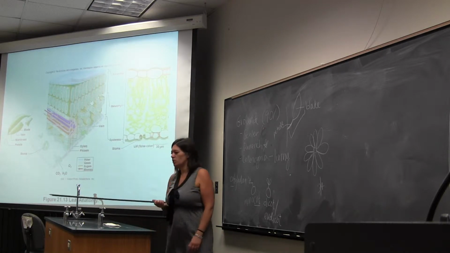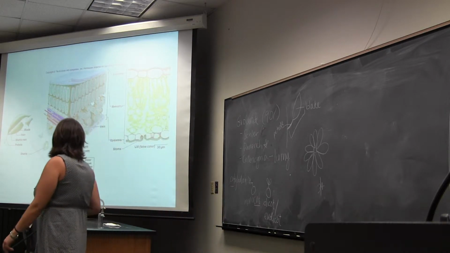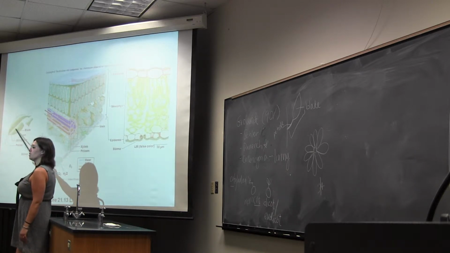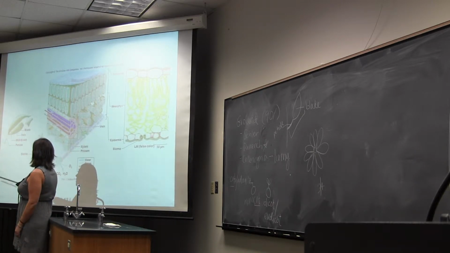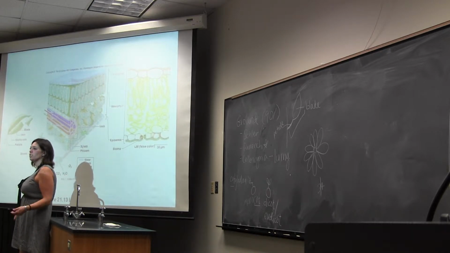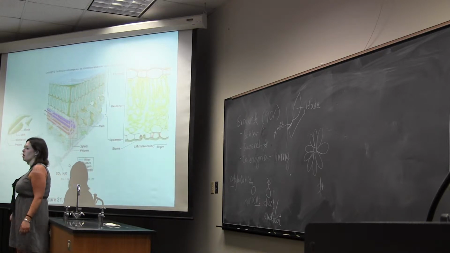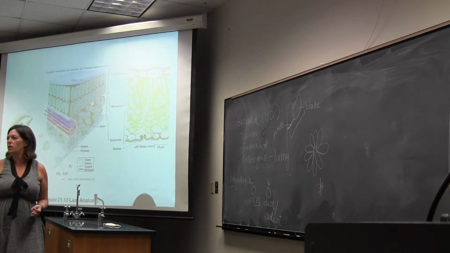And so if you look at the structure of an individual leaf, again, you have the blade, which is essentially the majority of the leaf. You've got these veins, which are part of the vasculature. And then you've got this petiole, which is the little kind of stalk that's holding it on to the rest